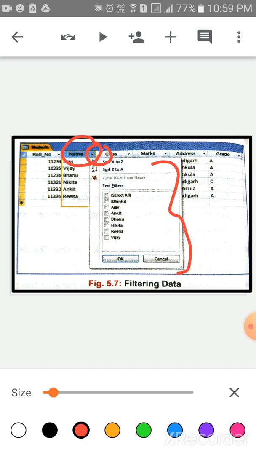By default Access selects all the check boxes under the text filter option. Click on select all, and the selected check boxes will be deselected. Lastly click on the OK button. This is filtering data.